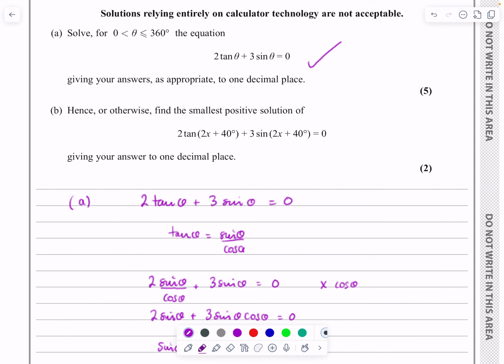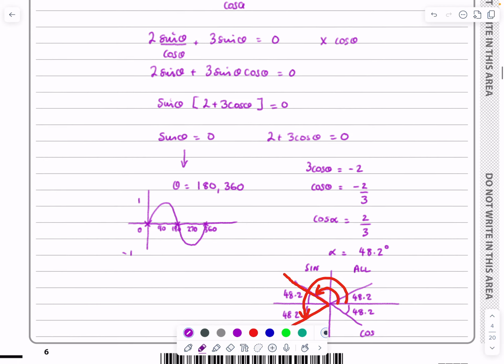Okay, part B, hence or otherwise, but they mean hence. Can we solve this equation? Well, if we look, tan theta is tan 2x plus 40, sine theta is sine 2x plus 40. So it's a solution of the same equation, but just where theta is going to be 2x plus 40. Otherwise, it'll be exactly the same. So for part B,